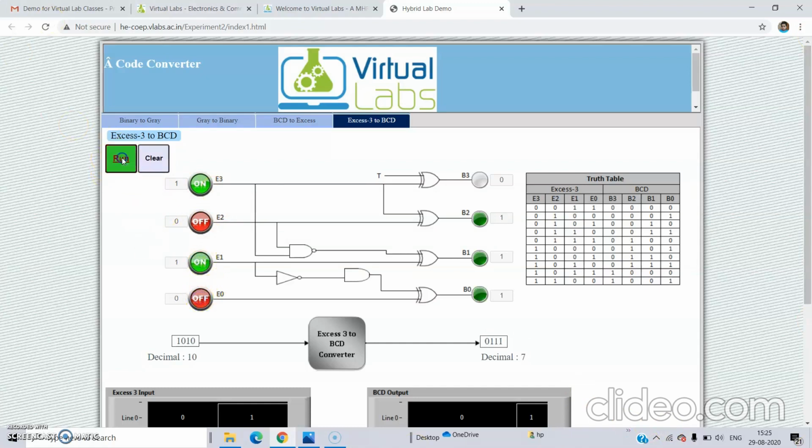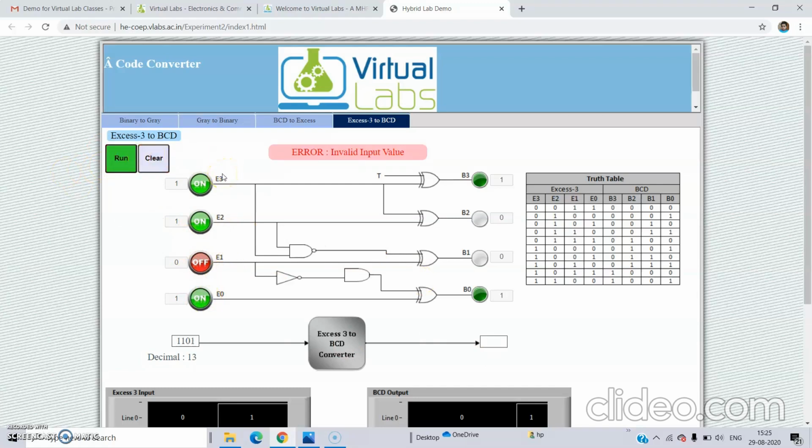Then 10 is 7. Excess 3 number 10 equals BCD 7. Then 11 is 8, and 12 is 9. Beyond that is an invalid output.